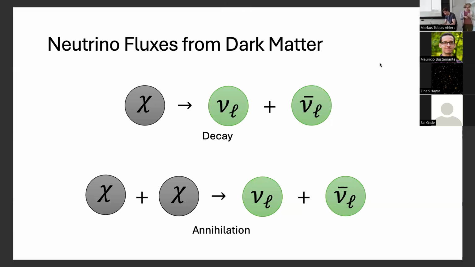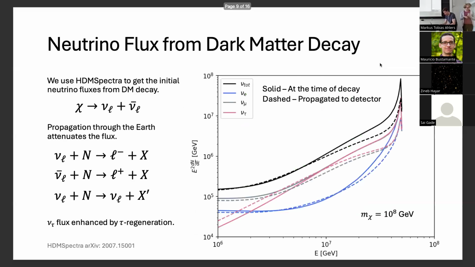So how do we get neutrinos from dark matter? Well, it can decay or annihilate, as I've said before. In my study, we assume an equal branching ratio for each neutrino species, 1/3 of each. But there are also other processes which could create neutrinos if dark matter annihilates or decays to other standard matter particles. I've focused on this channel because it has the best prospect, as it produces the highest neutrino flux.